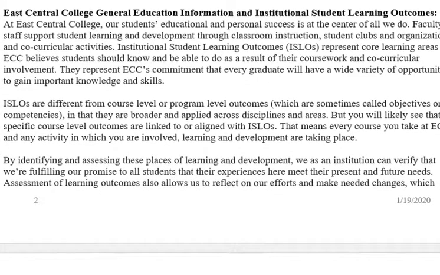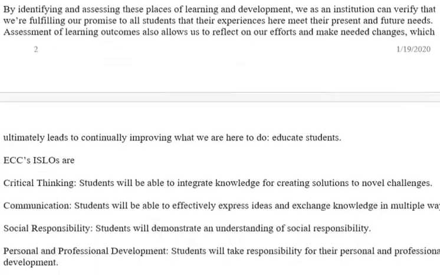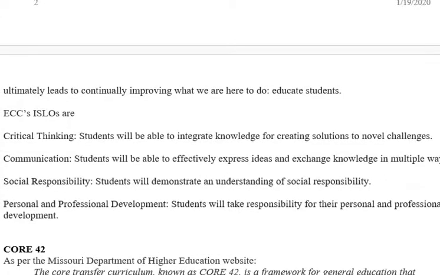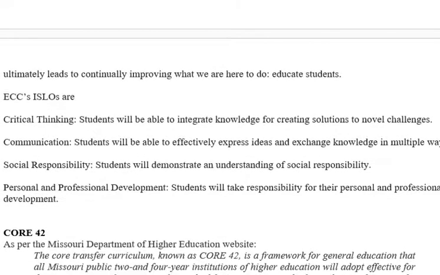Now, I want to tell you the rest of the syllabus until we get to the very end is standard stuff that will be in every single syllabus that you get this semester. The first section talks to you about the college's institutional student learning outcomes, and those are grouped around four core ideas: critical thinking, communication, social responsibility, and personal and professional development.